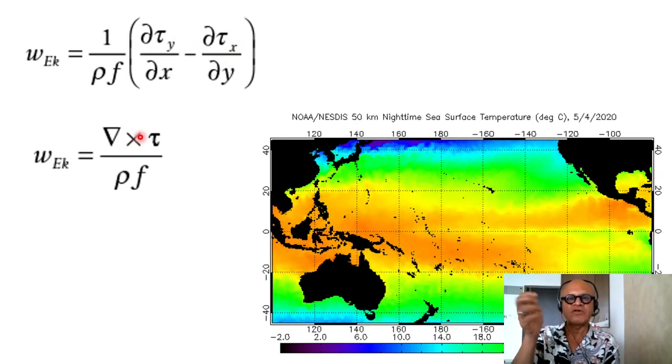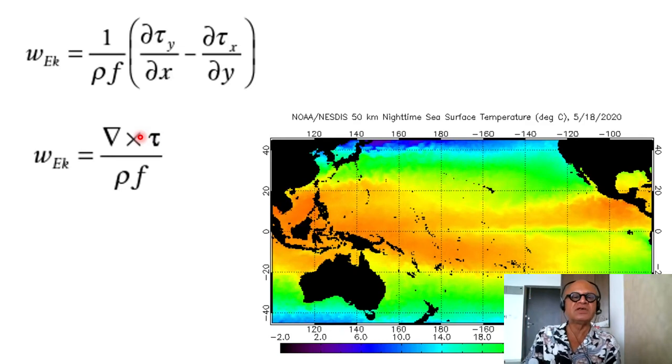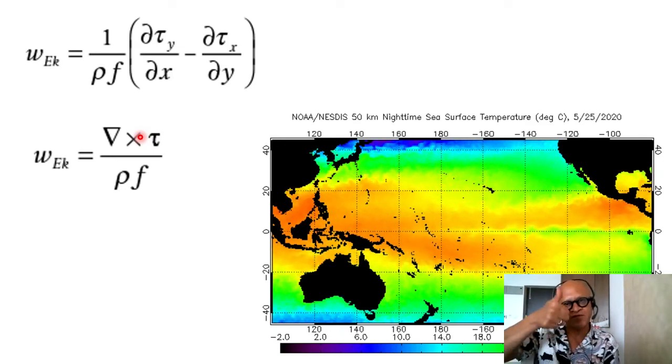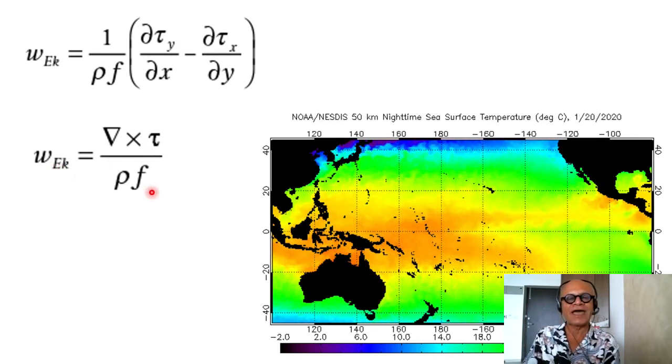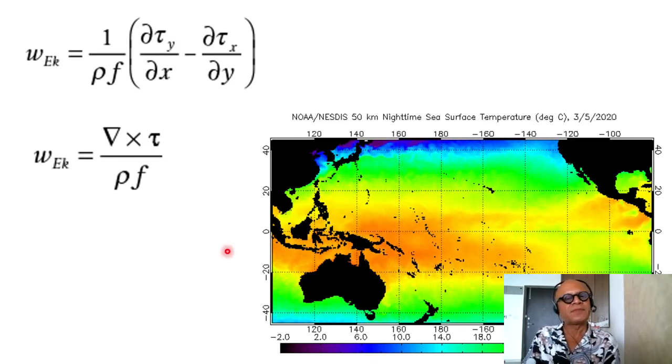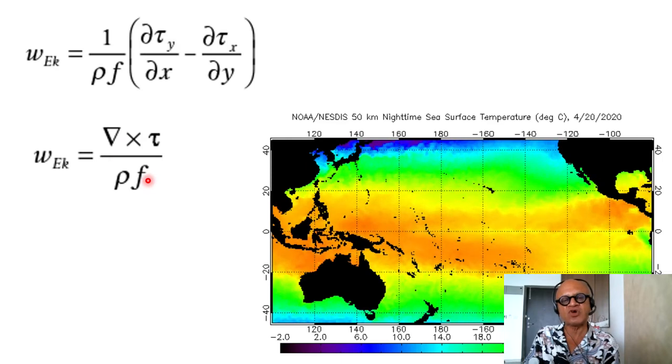So if you curl your fingers around the winds, you will get the curl direction of the net curl of the wind stress. So w Ekman is curl tau divided by rho f. Very, very simple relation, right? So obviously you can see that even though f goes to 0 on the equator, we have cold